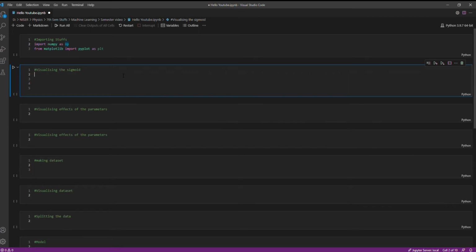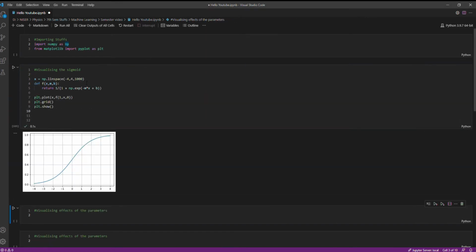Before diving into the code, let us see what a sigmoid curve is and how it looks. This is a sigmoid curve. It is also known as the logit function or logistic curve, whatever you want to call it. This is a mathematical curve. No need to dive more into the mathematics. It is just a simple curve that is used for logistic regression.